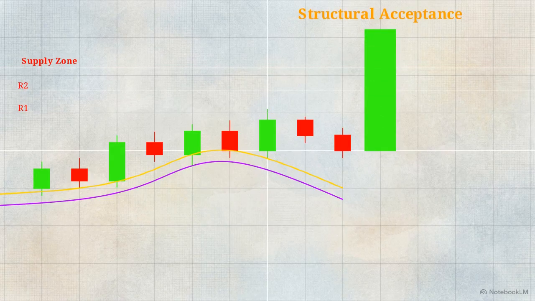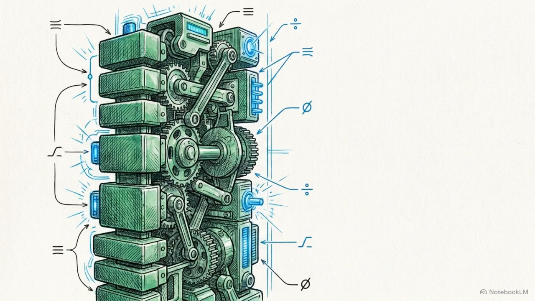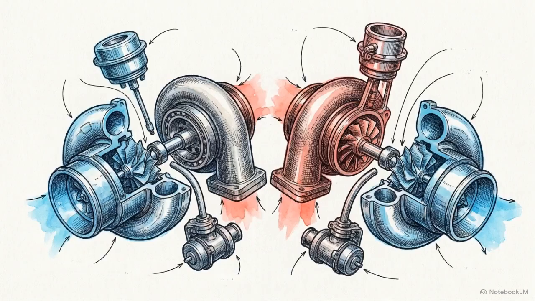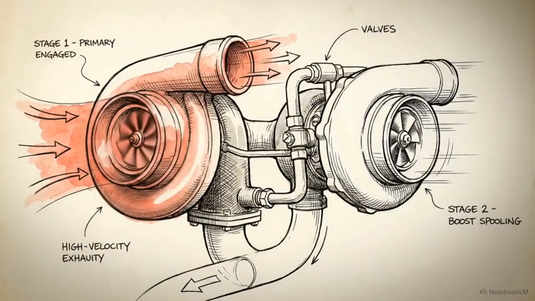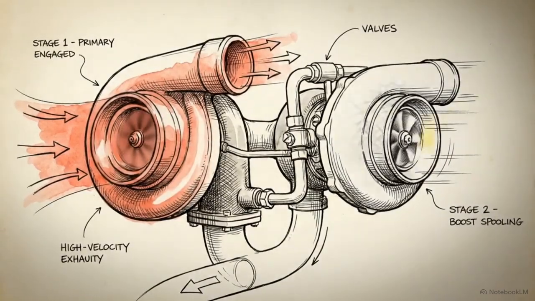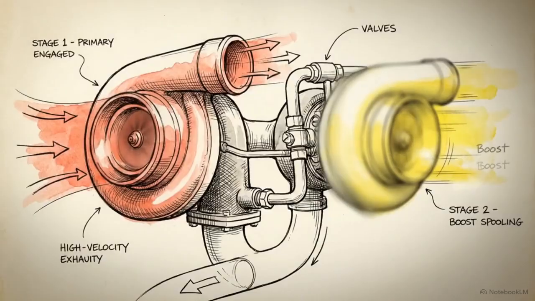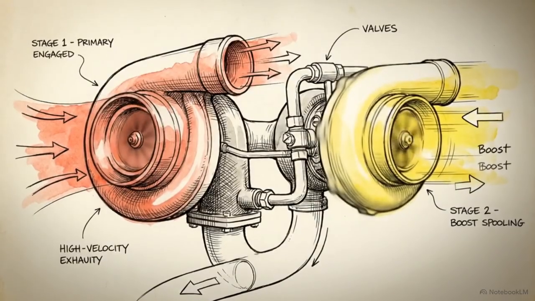This state is comparable to a vehicle breaking free of aerodynamic drag. The price moves into a state of acceleration where the EMAs lag significantly behind the current candle. This indicates institutional commitment. The opposing order book is largely empty, leaving a clear path for the trend. When this commitment occurs twice in a single session, we see the double true C superwave. Mechanically, this formation functions exactly like a powerful dual-stage sequential turbocharger system, where a secondary booster engages mid-run to double